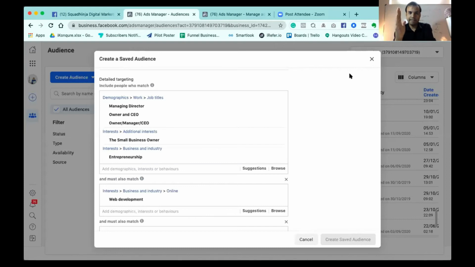Similarly, if you run 10 audiences, you figure out that these 2 or 3 audiences are actually performing. Later you only put those 3 or 4 audiences which gave you good results in the past, not the remaining 7 audiences which gave you bad results. Did you guys understand or not?